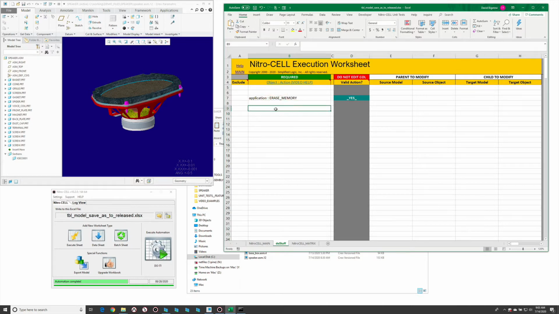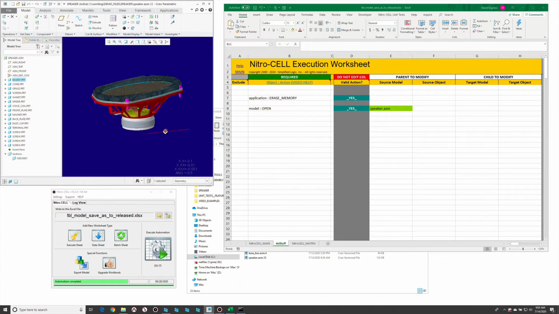So we'll do an erase memory, and then we'll want to open our main model here, which is speaker.asm. And the reason we're doing that is that this save as does an in session rename of the models. So if we pick a particular model in here and we run it through this rename in session thing, it's going to rename it, or excuse me, save as. It's going to do a rename in session and kind of leave it in this state. So I'm just trying to purge the Creo session, load things up fresh, so that every time we run this,